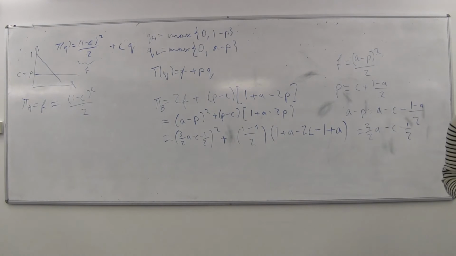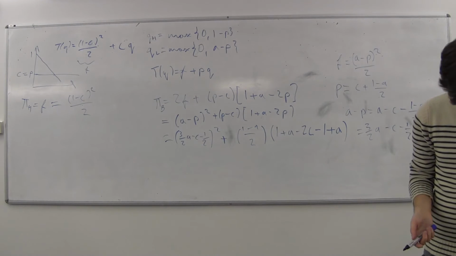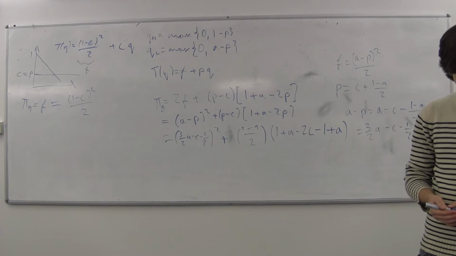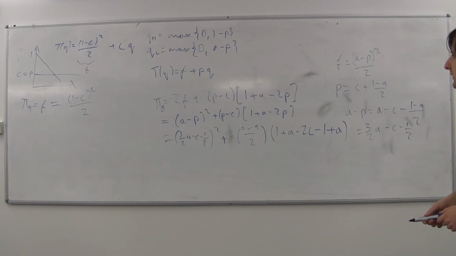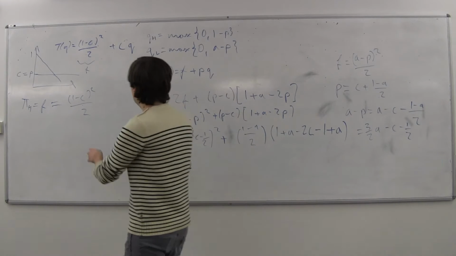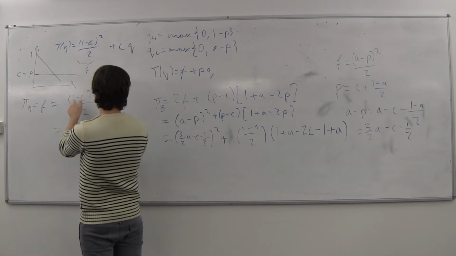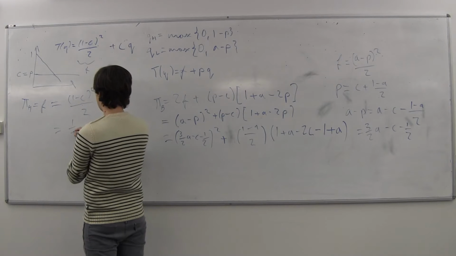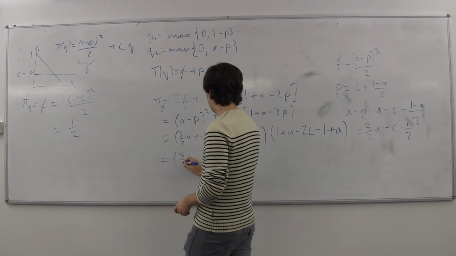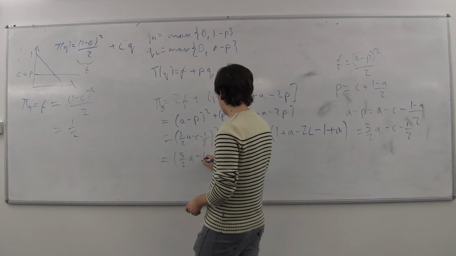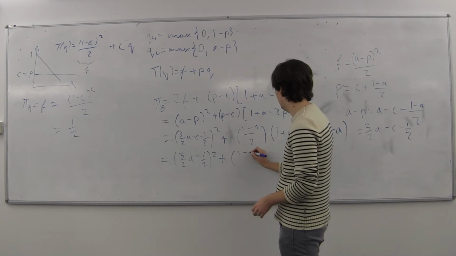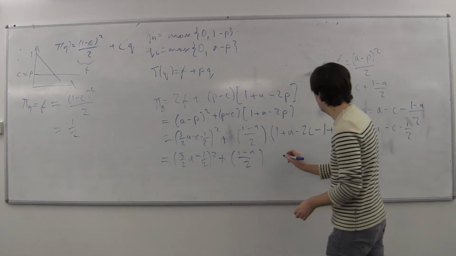Okay, and I gave you some numbers to make things easier. I said suppose C is 0 and compare the cases when A is a half and A is 3/4. So if C is 0, then things simplify down a bit. 1 squared is 1, so this is a half, and this is 3 over 2A minus a half squared plus 1 minus A over 2 times